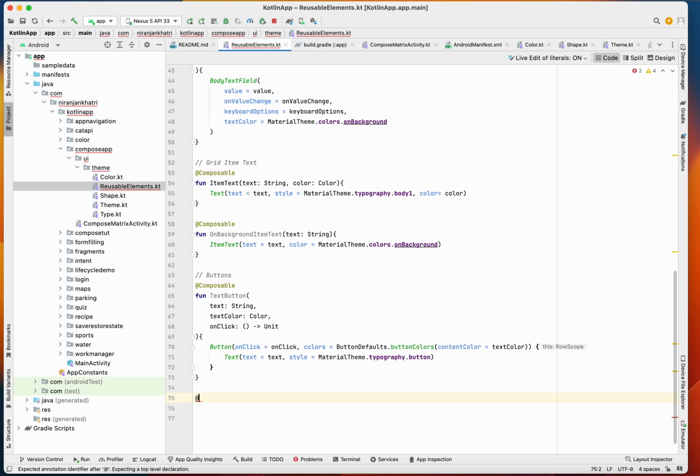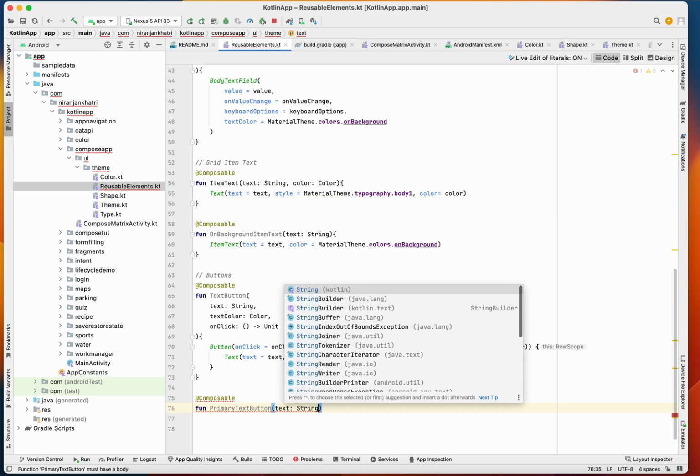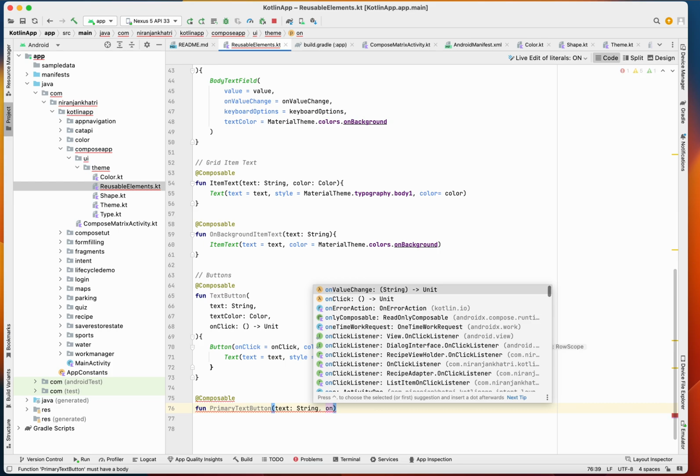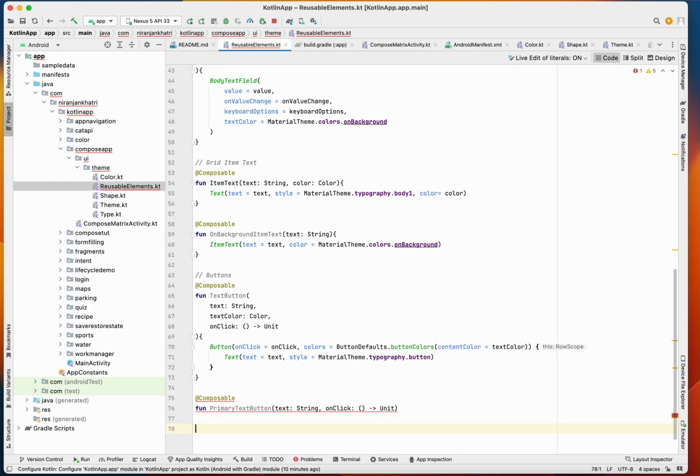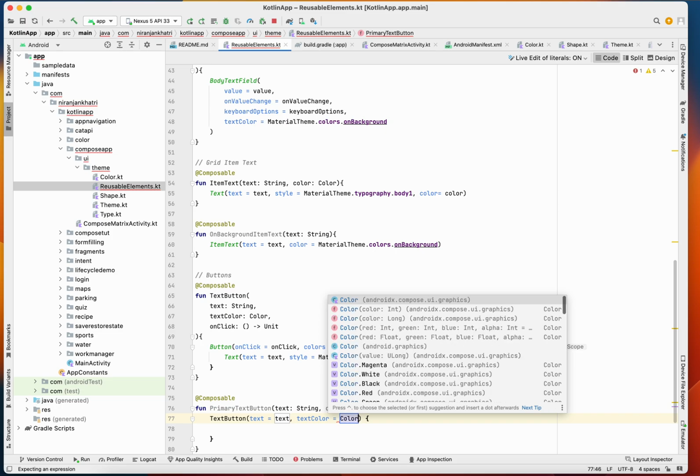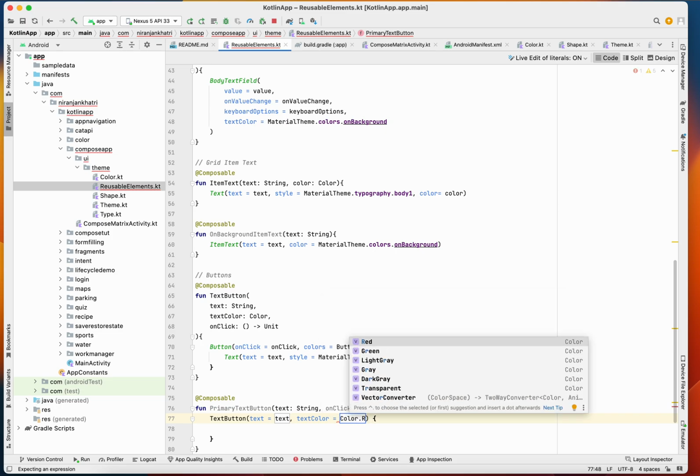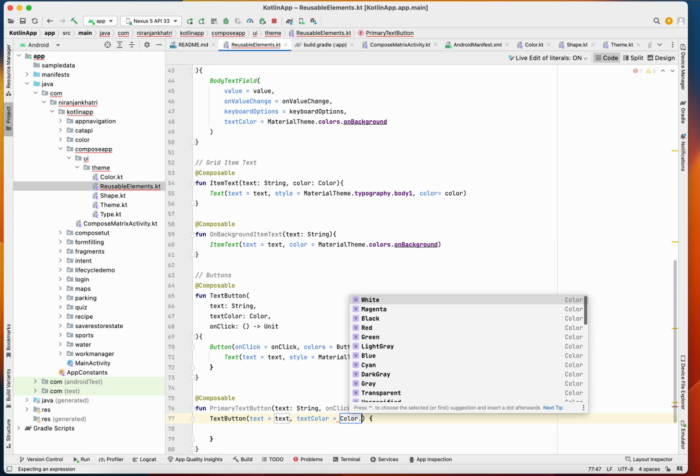Obviously we need to also create another button for our on background, or we can see also primary text button, composable function, primary text button, and text string on click. We have a text button. Our text button consists of a text, then we have a text color is a color dot primary text button will have a text color of white,